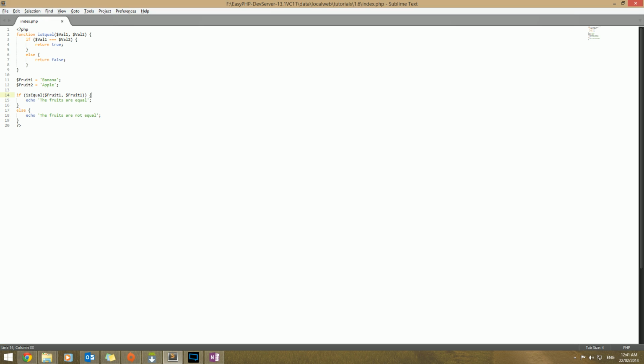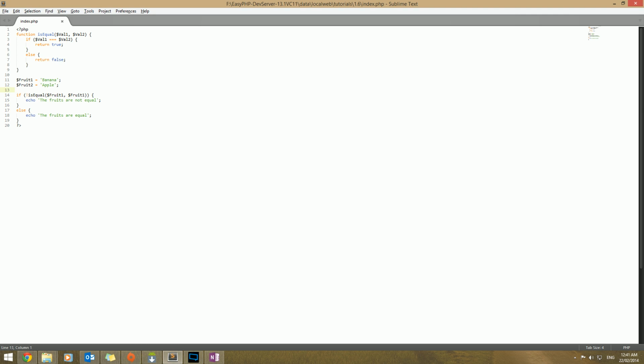So another thing we can do, and this is new. I didn't teach you guys this in our 4th tutorial, but you can actually check whether something's false. So we can actually do a shortcut. And if I put a little exclamation mark in there, it means we want this to be false. So we don't want these to be equal. So if they're not equal, then we're actually going to say the fruits are, well, in this case, I'm going to swap these around. The fruits are not equal, and the fruits are equal. So here, boom,